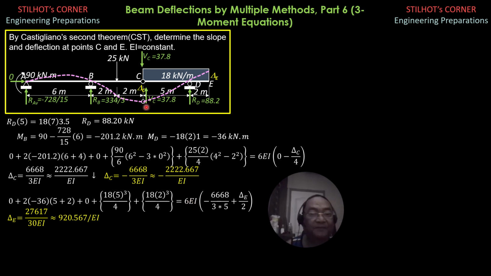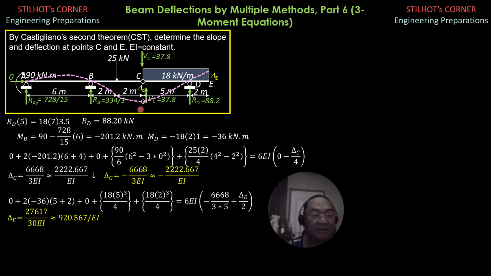Next, for theta C left, the angle that the tangent at C left makes with the horizontal, you can review the area moment theorem presentation and follow that solution. But this time, instead of that solution, I apply the area moment method considering A to C left directly, so that the solution would be different, and you can master the area moment theorem.